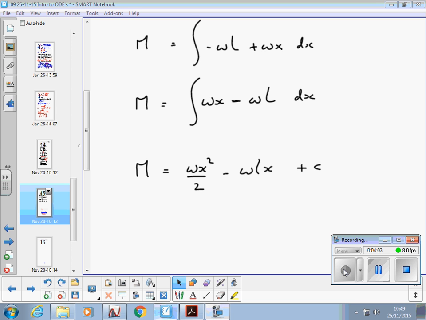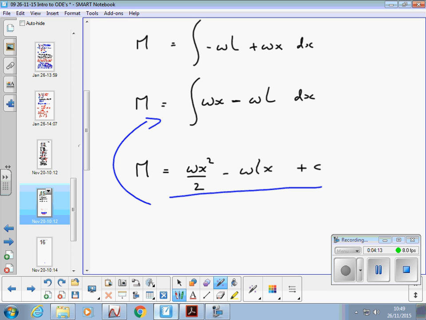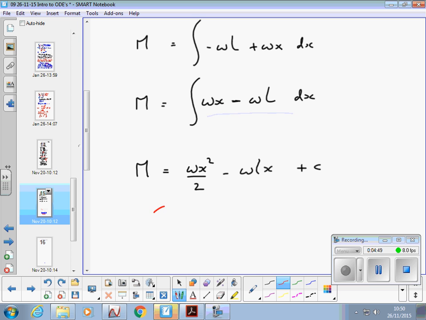If you've got your general solution, by the way, and you want to check it's right, if I differentiate this, I should get back to this, shouldn't I? Back to that. And if I differentiate this, I get this term, I get 2wx over 2, which is wx, that's this. If I differentiate wLx with respect to x, the x disappears and I'm left with that. And if I differentiate a constant, it's gone. So we get back to what we started off with if we differentiate it. So if you're unsure that you've done your integration correctly, differentiate it and you should get back to what you started off with. Okay? This is our general solution,